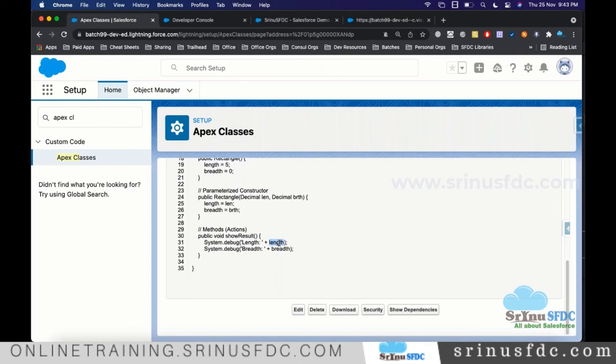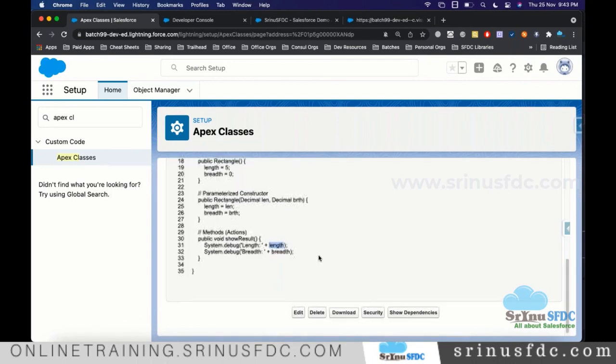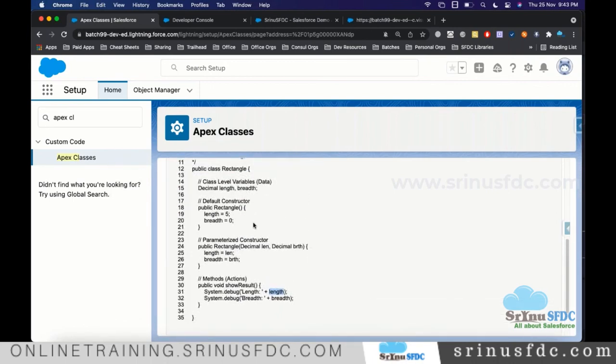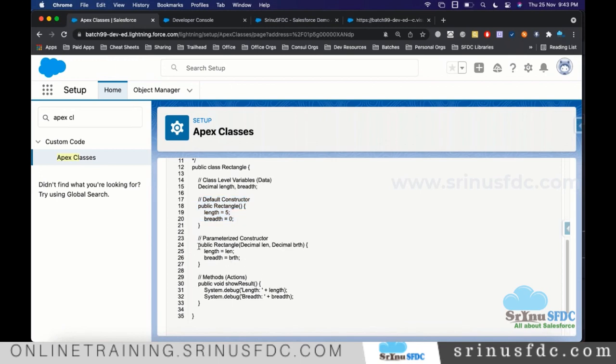You mentioned that above the parameterized constructor, we have no need to mention the default constructor, right? Without mentioning the default constructor, we can still call it, right? If you don't want the default constructor, don't define it, only define the parameterized one. That time, when you create the object, for sure we have to supply two numbers.